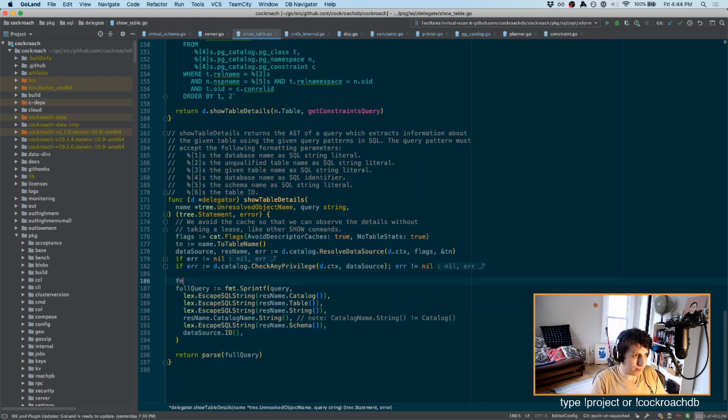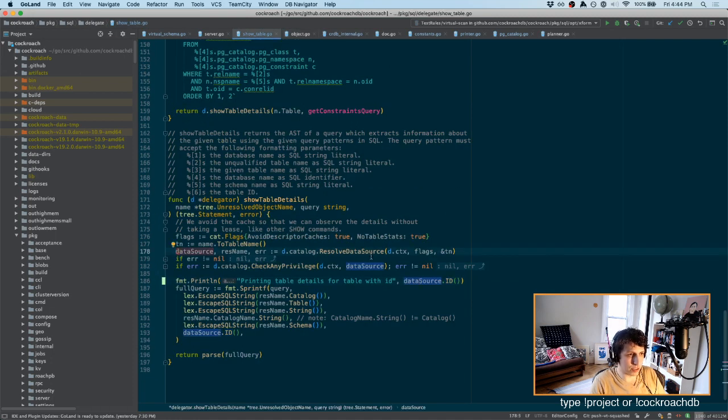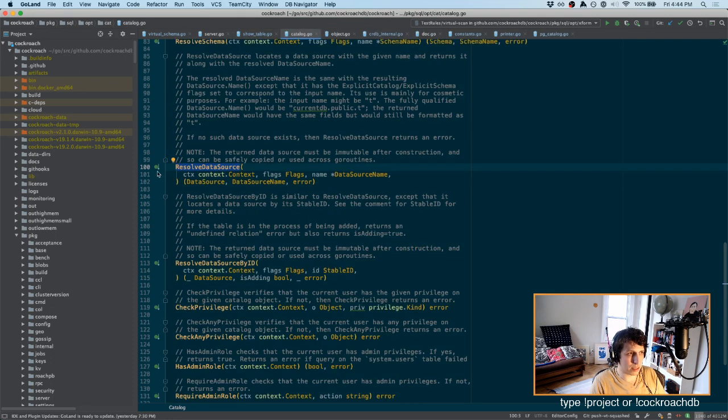Let's add some good old print lines. You know, maybe it's time for the debugger. No, I think it's still time for print lines. Printing table details for table with ID, data source dot ID. I think that whatever is generating these IDs is kind of confused because